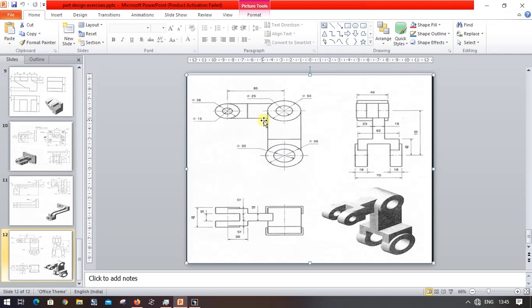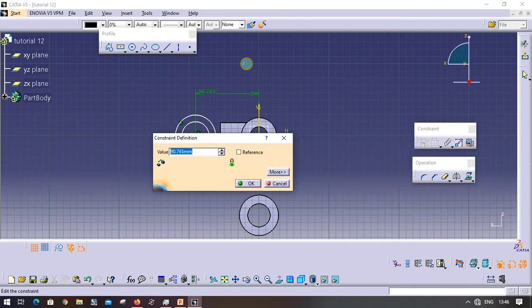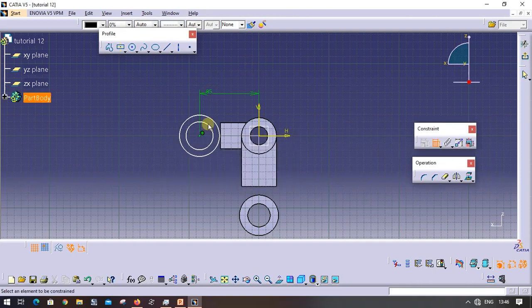Now those two circles are concentric to each other, and now we have to give the dimension of those two circles as 36 and 15 and 85 from the center. So it will be 85 and 36 and 15.